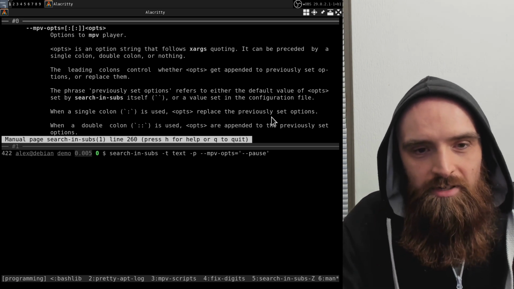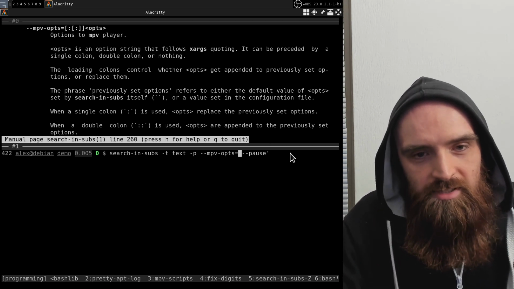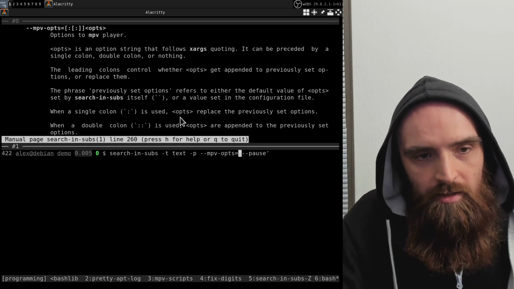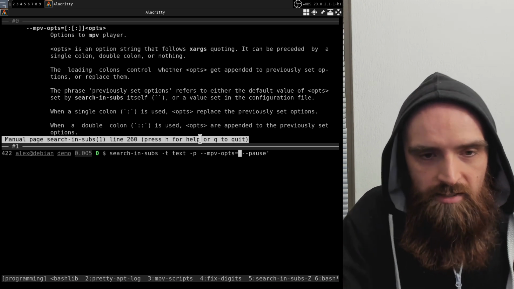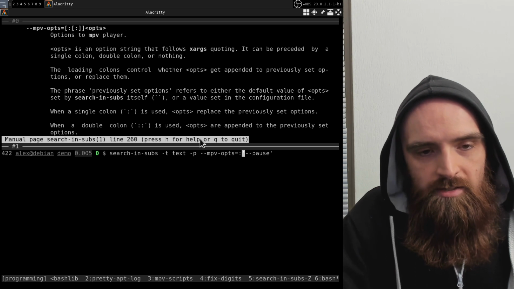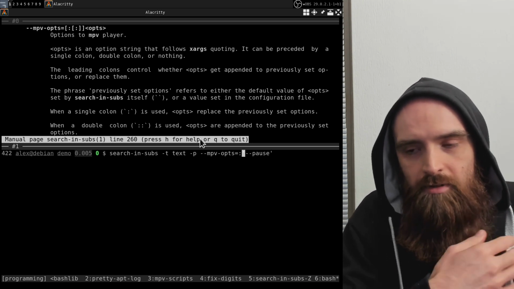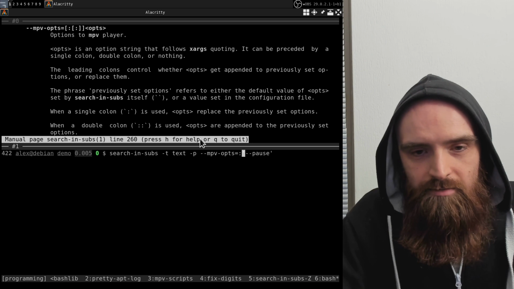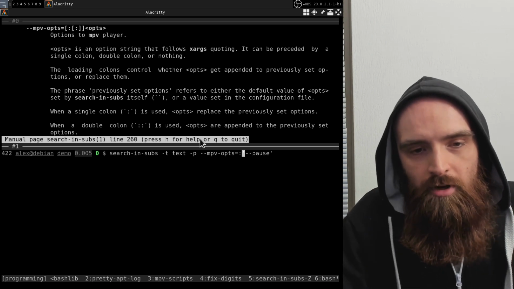That's the logic there. So when you pass a single colon, it tells search and subs to get rid of all the previously set stuff